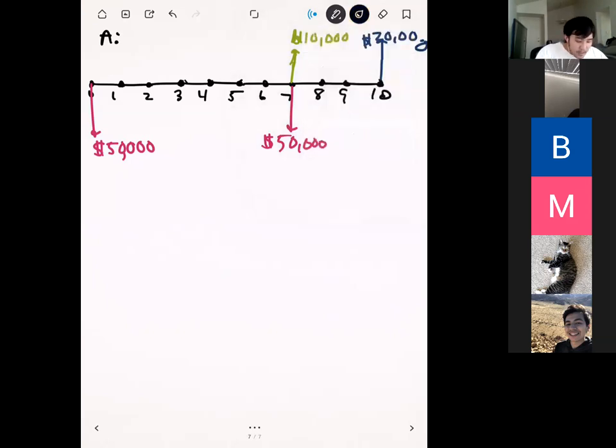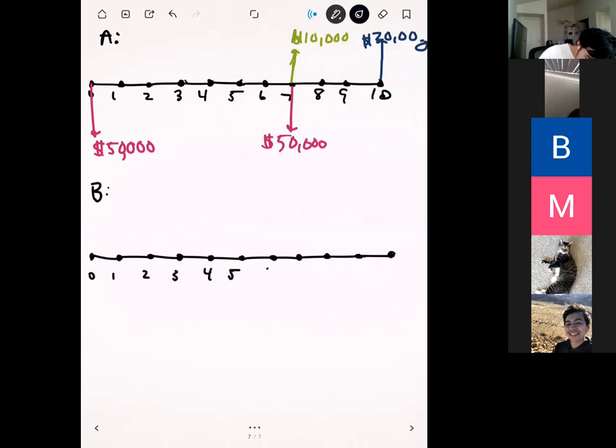Okay, so that's option A. So now let's do option B. Okay. And so option B, we have our initial cost. And so our initial cost is, in this case,